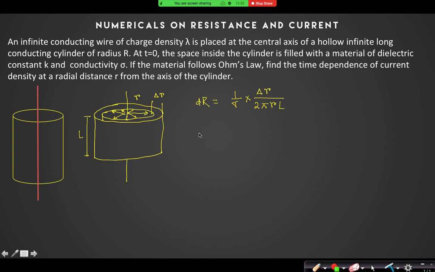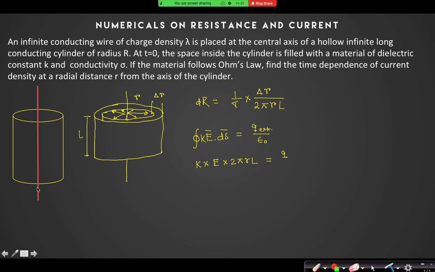If you remember, can I use this concept that the integral of E into K dot ds is equal to Q extraneous divided by epsilon naught? By using this concept, I can write K into electric field into 2 pi r L is equal to Q. Let us assume the charge will be only on the rod or on the infinite